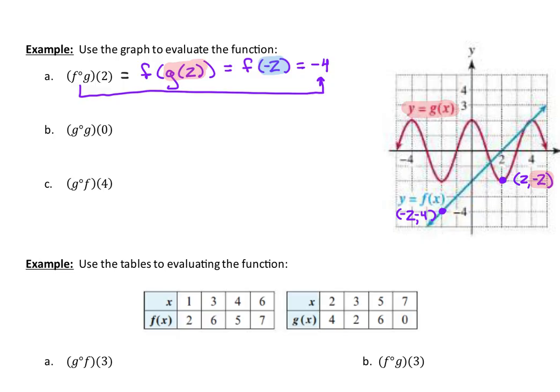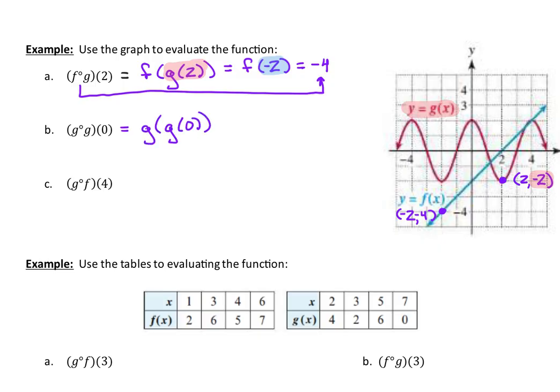All right, let's go ahead and look at a couple other ones. Now, not only can we compose two different functions, we can actually plug a function into itself. And so, for instance, we're going to do that on this next one. And so we're going to start by rewriting this. I want to rewrite this as g of